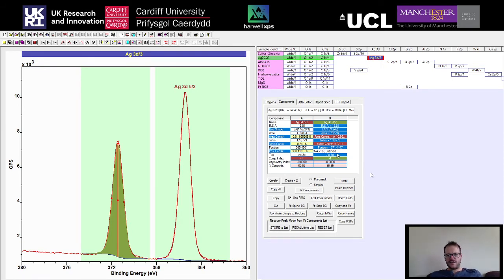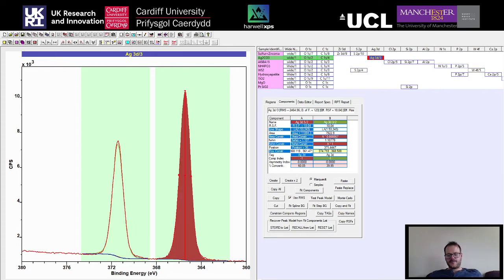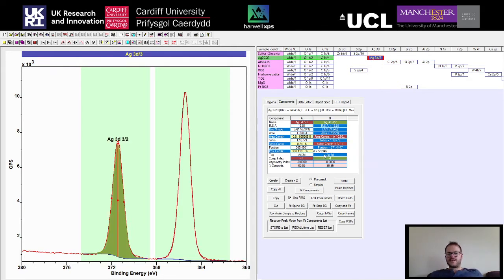You can just fit the components. You can see the difference between these energies here. There's a bit of a quick way to check what that is. If you type in lock, that will automatically set this to a position, or an energy difference based on the current peaks. Or you can use a value from literature or theory. So I mean, this is pretty close to 6 anyway, but generally use an energy difference of 6 when modelling